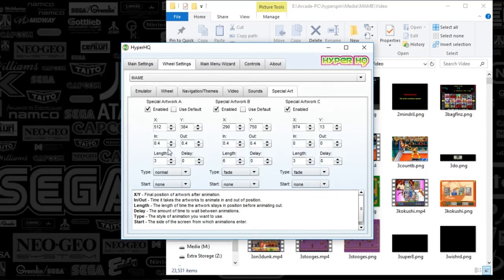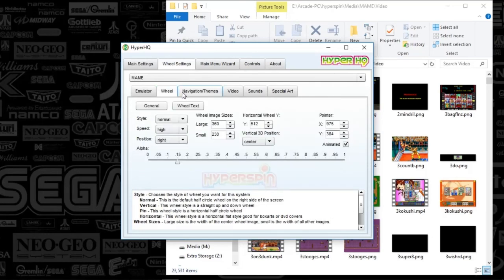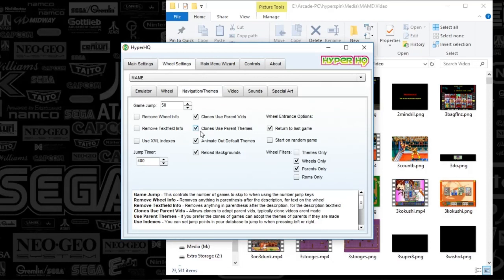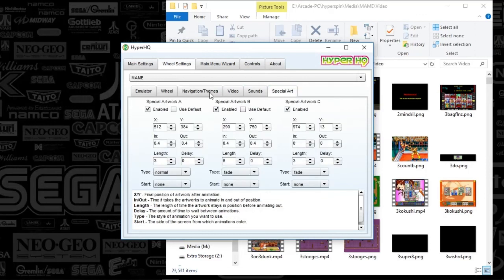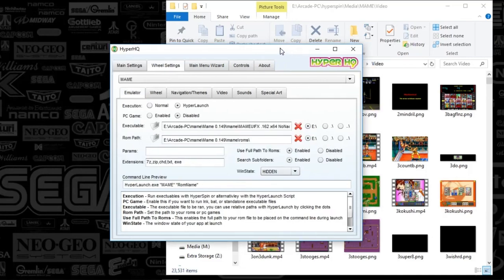we'll flip back to Mame. And then you'll essentially edit the emulator tab. You'll find the executable, you'll find the game path, and you'll set up the extensions. The wheel art you won't be touching again. The themes and navigation you will be touching, and you'll be just clicking these two options here, the animation and the reload, and you might end up changing some of the wheel filters there. But outside of that, guys, that's about it. You might play with that special art, but that is a rinse and repeat process. That is how you use